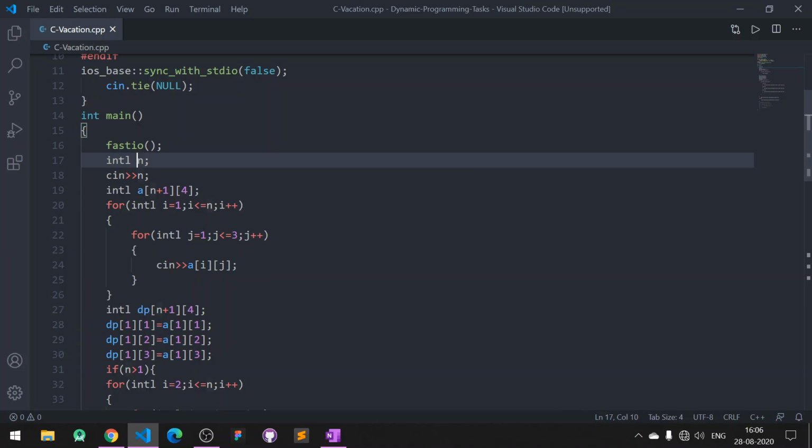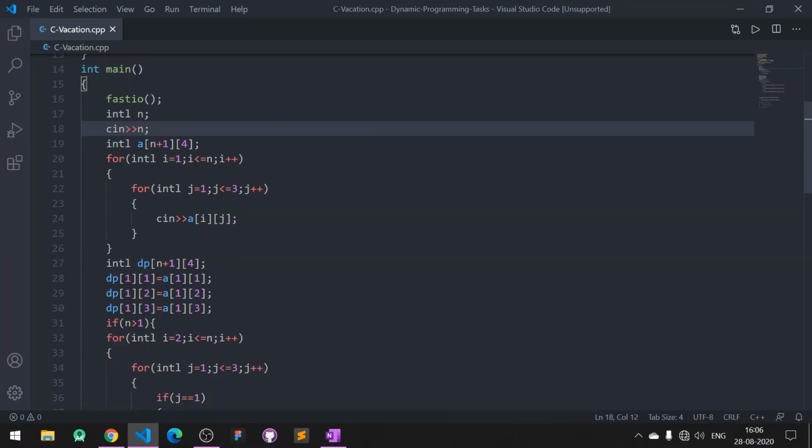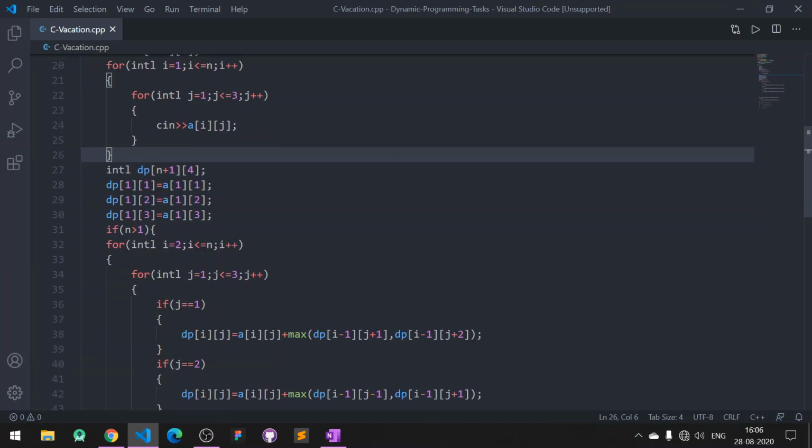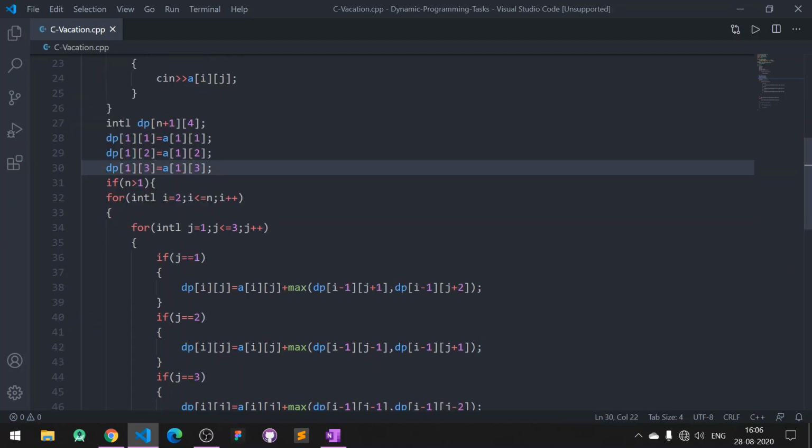So we input n and make a 2D array, and then an auxiliary DP array, a matrix.